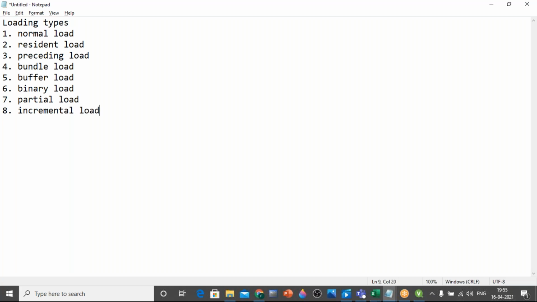There are two more types of loads: mapping load, and one more. Buffer, binary, bundle, partial, incremental, mapping. I will tell you tomorrow. So totally 10 types of loads are there. The remaining loads we will discuss